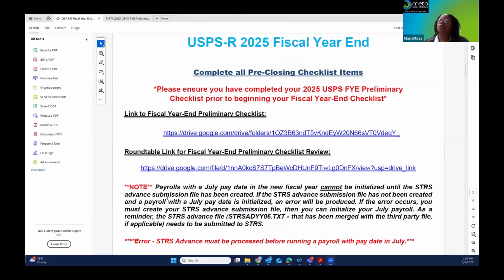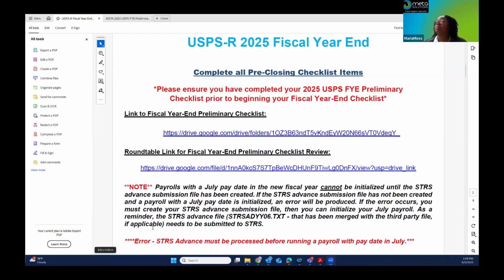Something to keep in mind, you have to have generated your STRS advance submission file in order to process or initialize your July payrolls. That is something that is fairly new within these last few years, that you must have created your submission file before you'll be able to initialize your payroll.